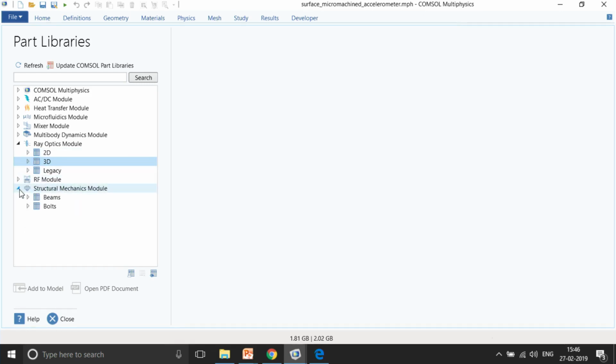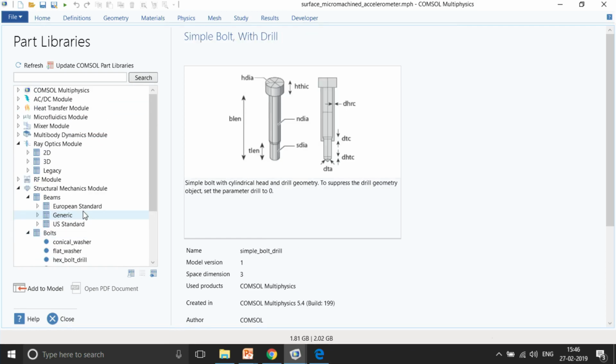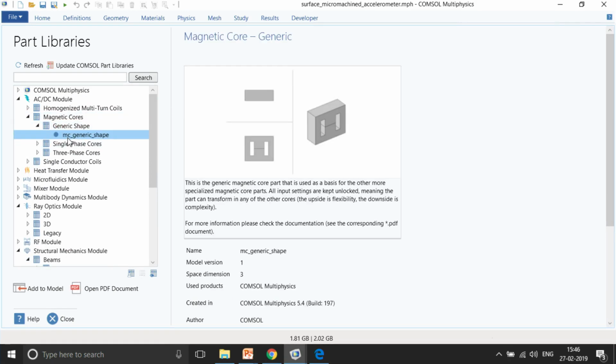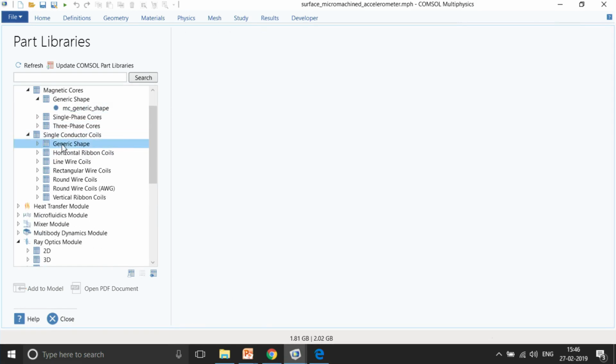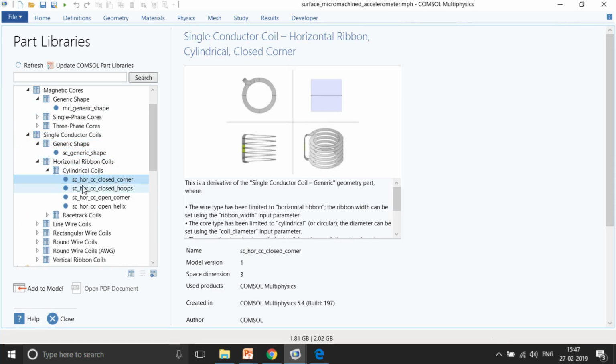If you're talking about some kind of beams and bolts, you can also install them from here. Different kinds of coils, including magnetic coils, are also possible, as you can see over here.